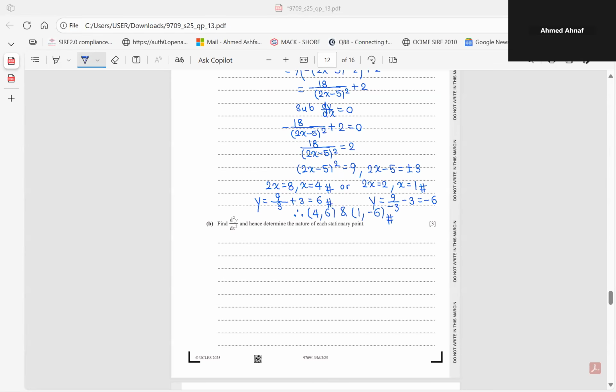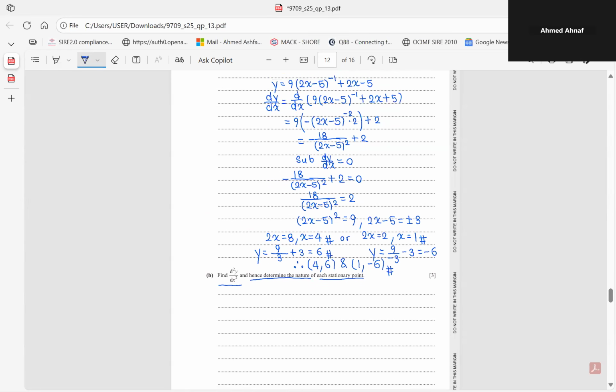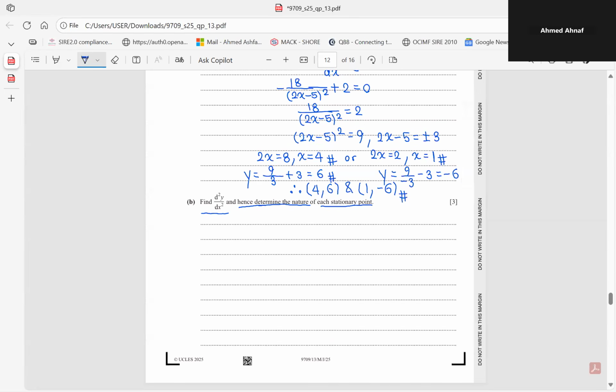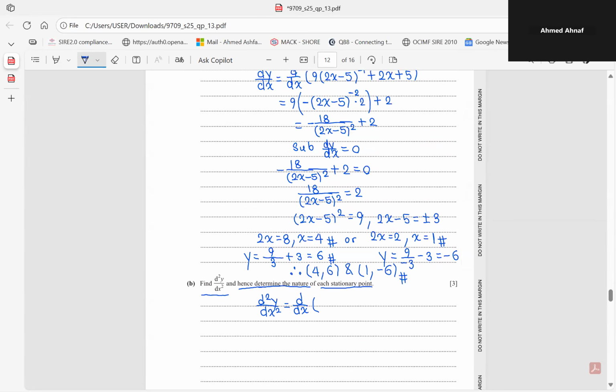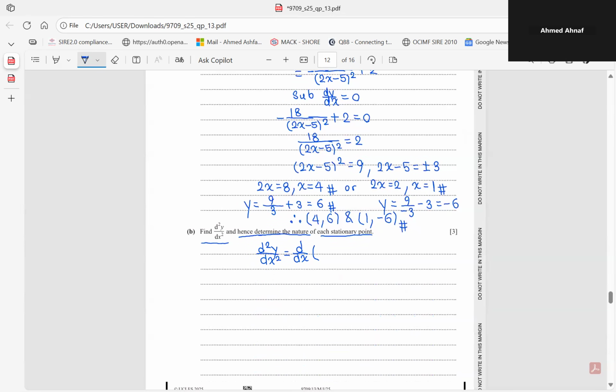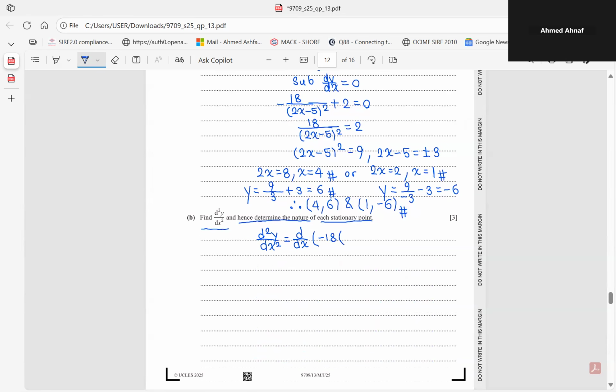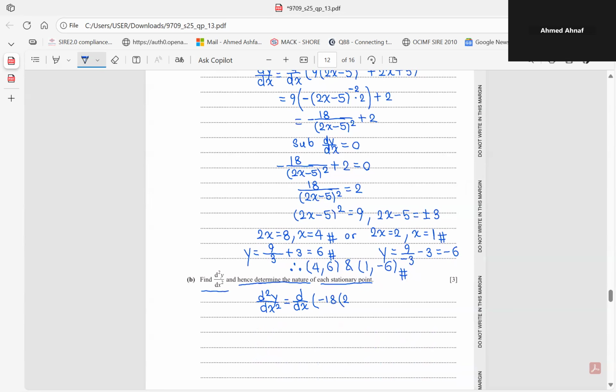Okay, so now for this part, we're going to have to find d squared y over dx squared, and hence determine the nature of each stationary point. First of all, let's find d squared y over dx squared. To find that, you just differentiate your dy/dx. So our dy/dx we found in the previous part, that's minus 18 times (2x minus 5) to the power of negative 2